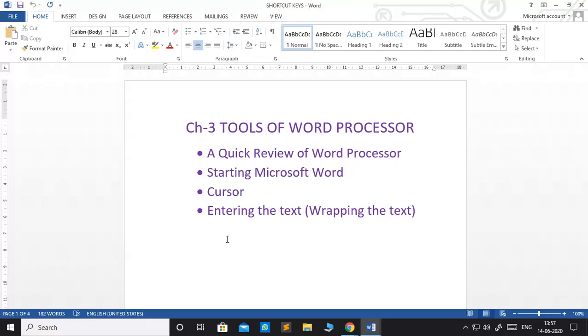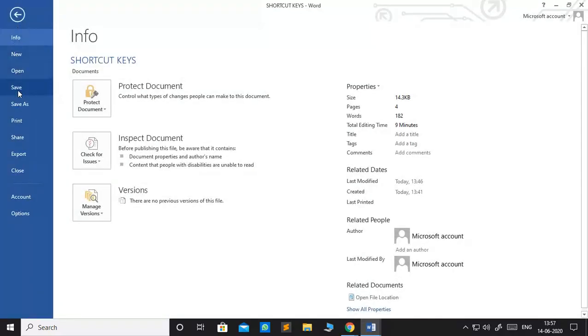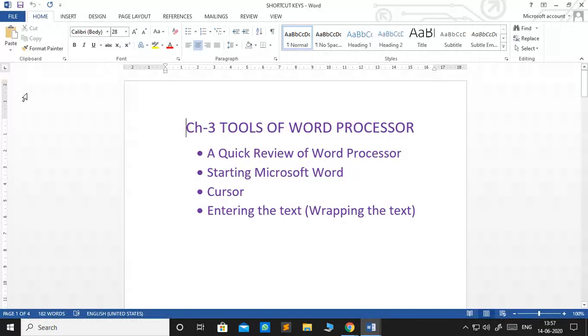Now save your work. All the children know how to save the work. They know the shortcut key also. I know. But let us learn. So simply you go to File and say Save. Click on Save. Whatever is on the screen will be saved. Even you can use this icon also. This is a floppy icon, and you keep on pressing it in between your work to save your work, because in case the light or electricity goes off, your work will be saved.